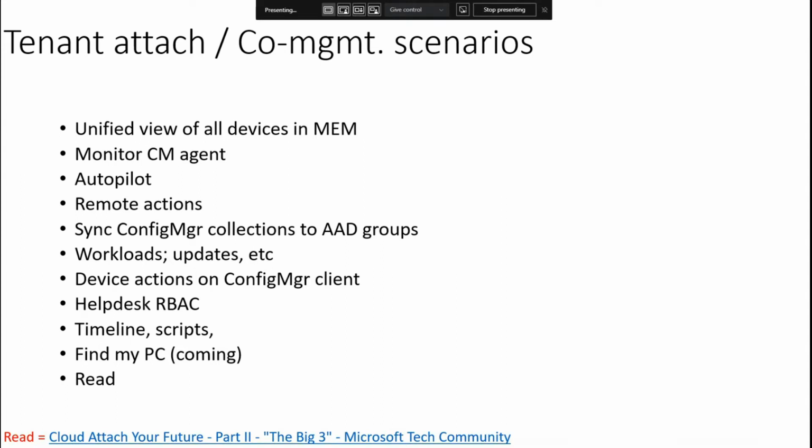Intune monitors the Config Manager client agent health. And then you can also start moving workloads over from Config Manager to Intune. Probably the most popular one is Office updates and software updates, so Windows updates. You could actually have Intune manage those because, frankly, that becomes probably the most complicated thing in a Config Manager